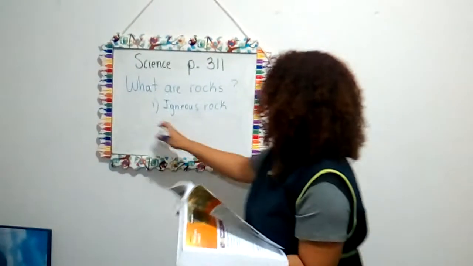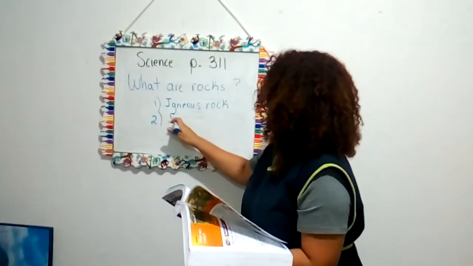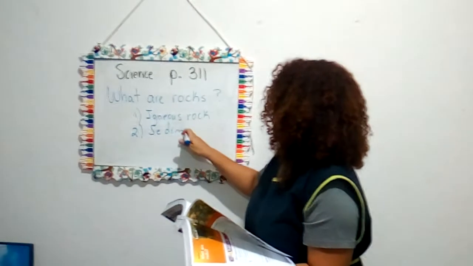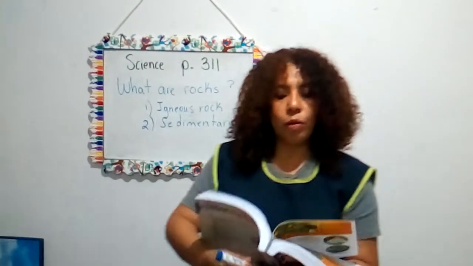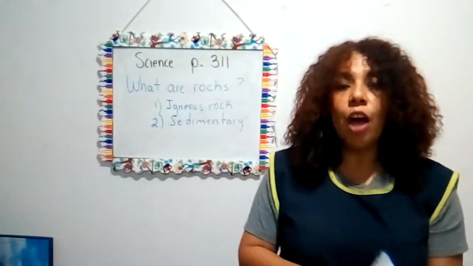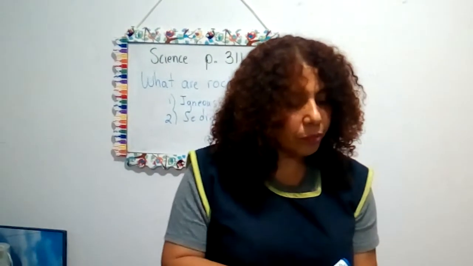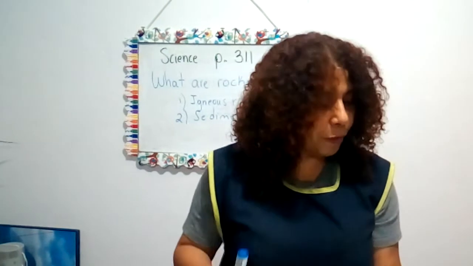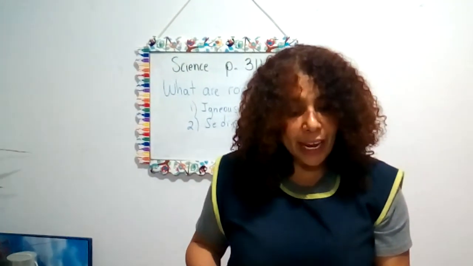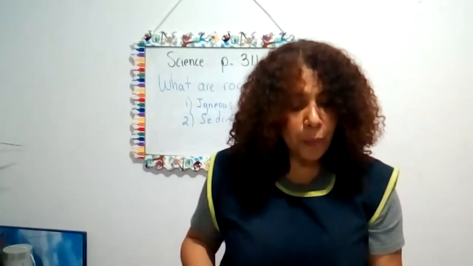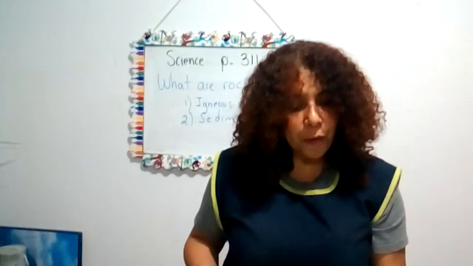So let's write sedimentary, number 2, sedimentary. And let's read what are the characteristics of these kinds of rocks. Let's read 312. Most sedimentary rocks form when layers of materials and rock particles settle on top of each other